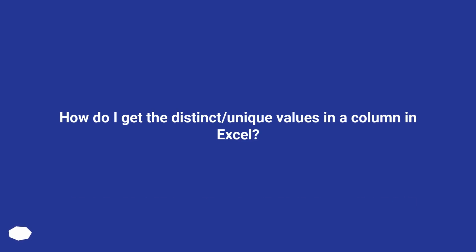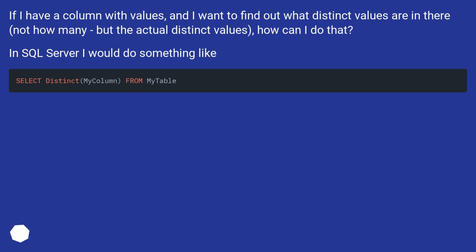How do I get the distinct/unique values in a column in Excel? If I have a column with values, and I want to find out what distinct values are in there, not how many, but the actual distinct values, how can I do that? In SQL Server I would do something like